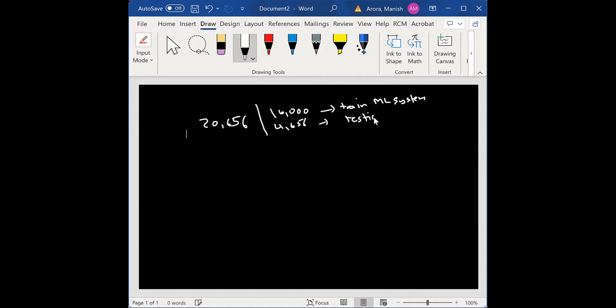When we finish training our machine learning system, we will use these data points to test the efficacy of our trained machine learning system. And I'll talk about this in more detail in a couple of minutes. But for now, remember, we'll be training our machine learning system on 16,000 of the 20,656 data points in our housing data set. But what does training mean? Remember, if I go back to my Excel spreadsheet,